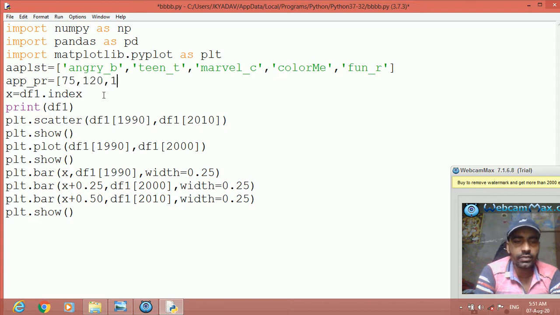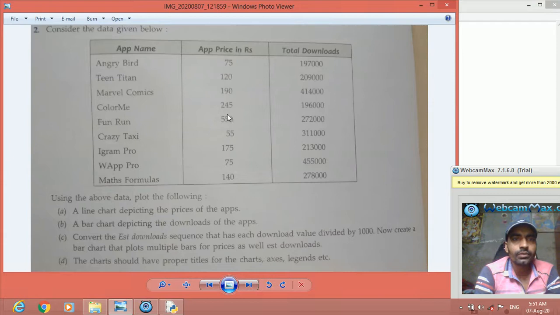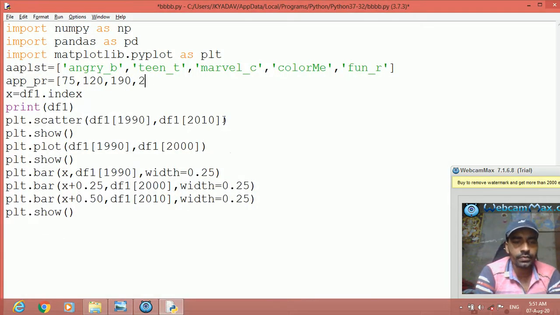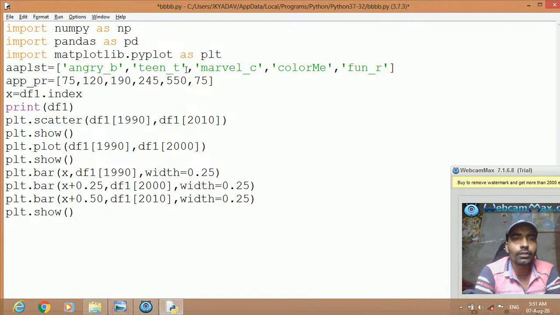Then 245, 550 and 75. There are 6 values in above. 1, 2, 3, 4, 5. 5 values are there. Sorry. So 5 values only we take here also. 1, 2, 3, 4, 5.